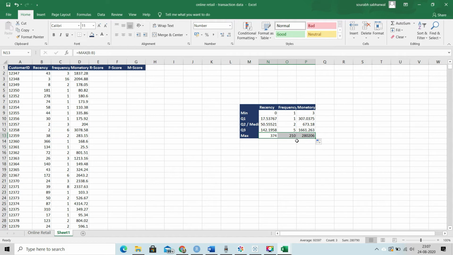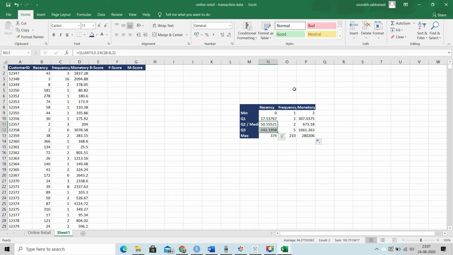Now, what these values show us is, let's take recency. So the quartile 1 value is 17.53. This value shows us that 25% of the data in recency is below this number, 17.53. 25% of our data, and the next 25% is between these two, and the next 25% between these two.